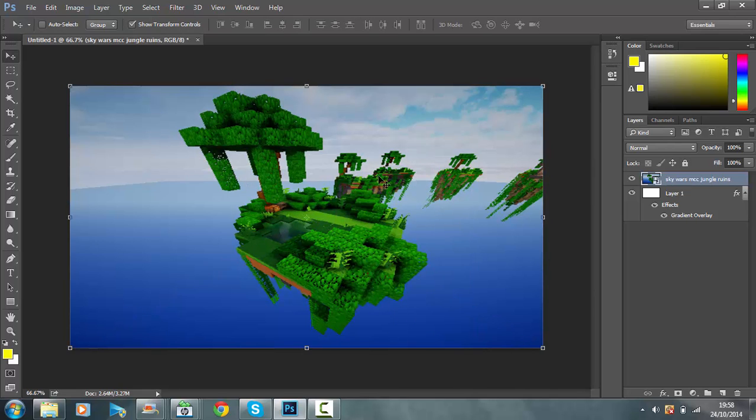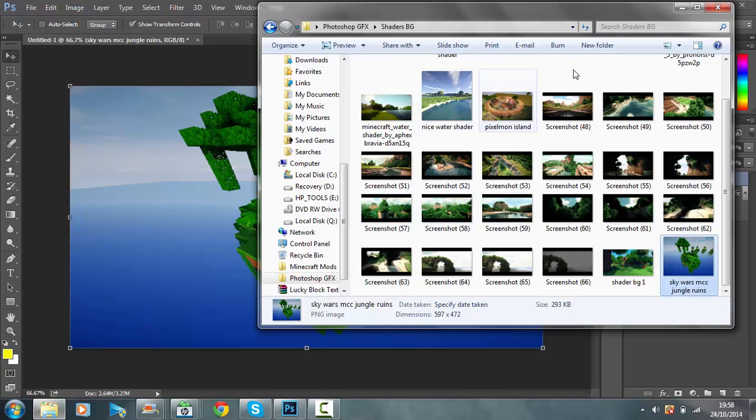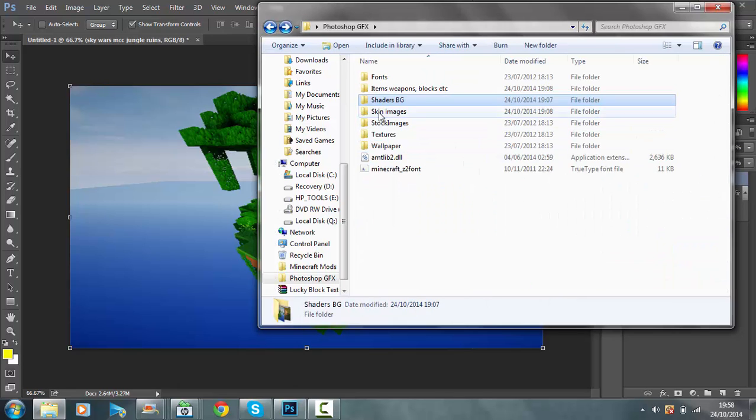That means this is set in solid. You can move it about if you want by dragging it, and you can change the size, but this is just the basics. Remember, this is just a basic tutorial. Now what we're going to add on top, we're going to go back and get our skin